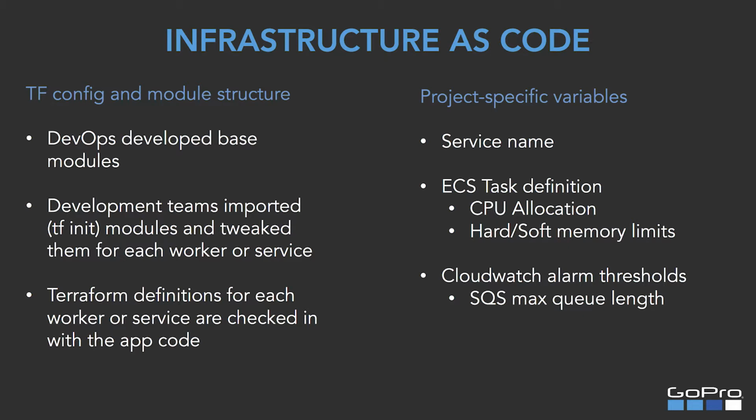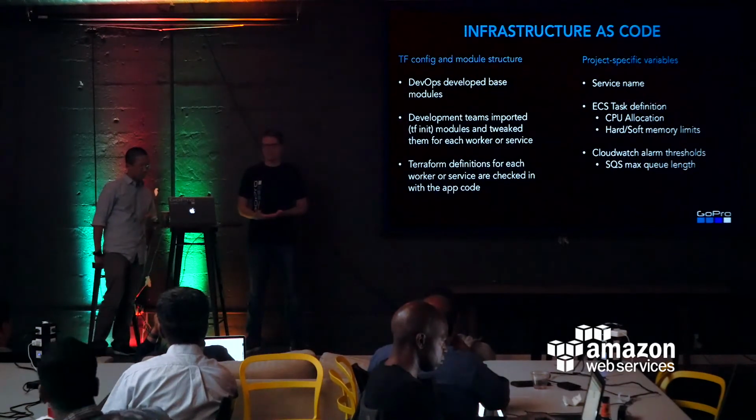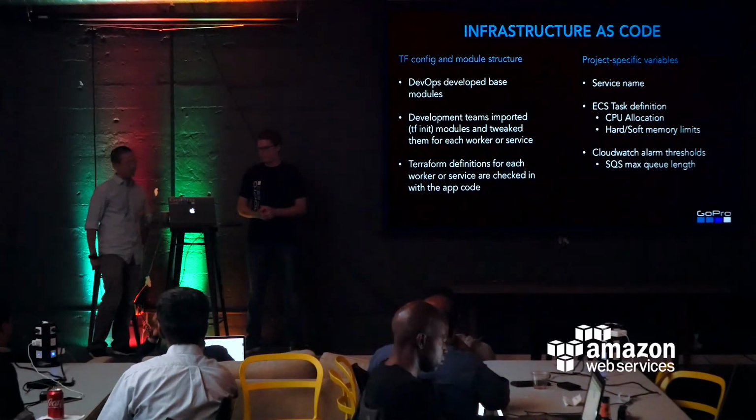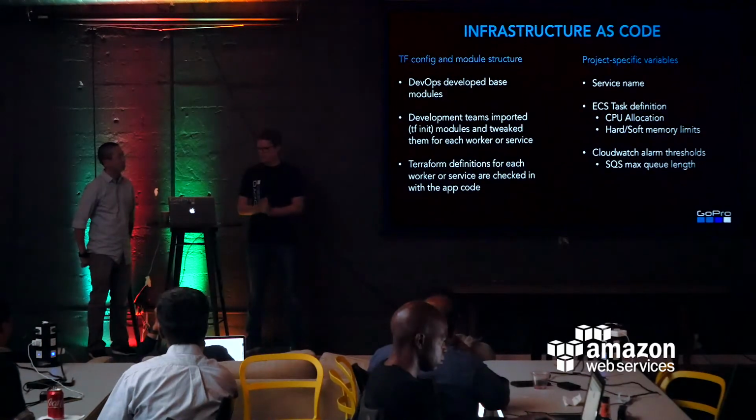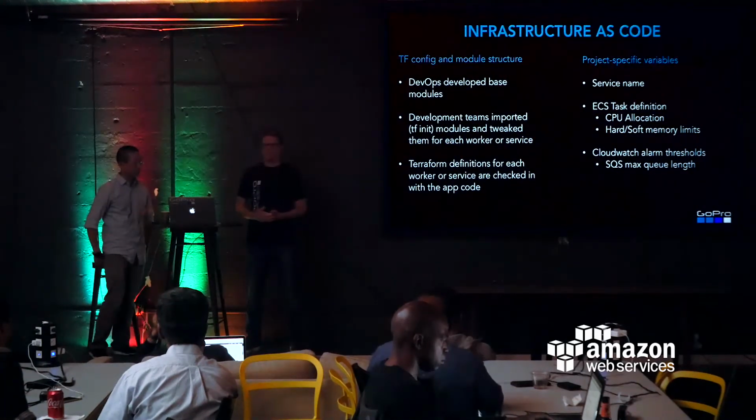Yeah, so we decided to check in the Terraform code for each of our different parts of the stack with the service itself. The DevOps team developed the base modules in Terraform. Then the development teams for each service imported those base modules and basically just edited them a little bit, but mostly just filled in the variables they needed to get their service stack up and running. So those are just the obvious kinds of variables like the name, task definition, and importantly, the resource allocation for each